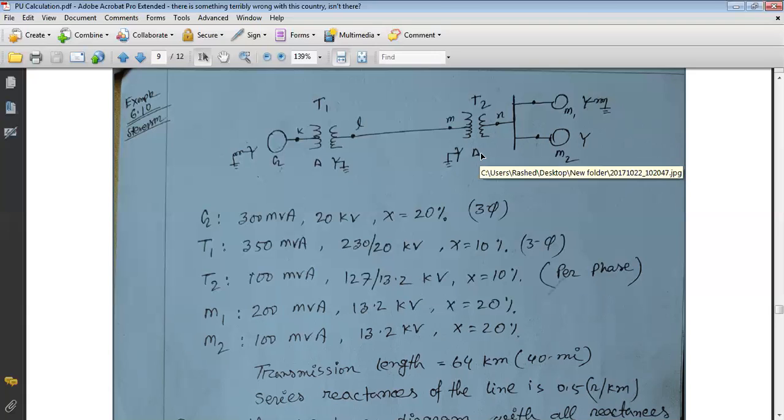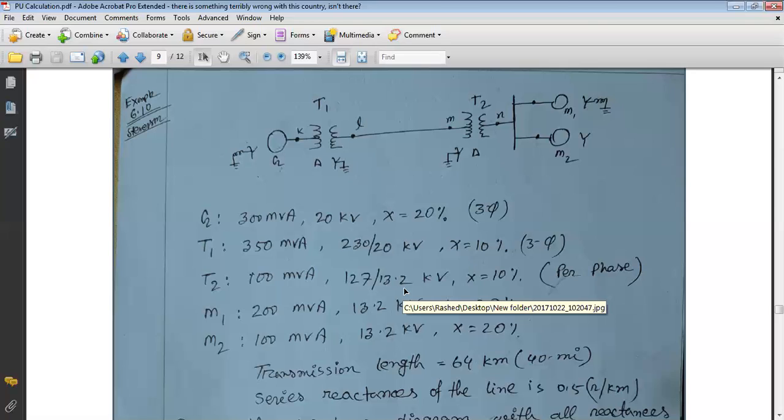This is the delta connection, so this value should be unchanged for single phase or for line to line value. That's why we don't need to multiply by √3 with 13.2 kV, because for a delta connection, line to line voltage and line to neutral voltage are the same. So we don't need to multiply anything with the secondary portion value of transformer